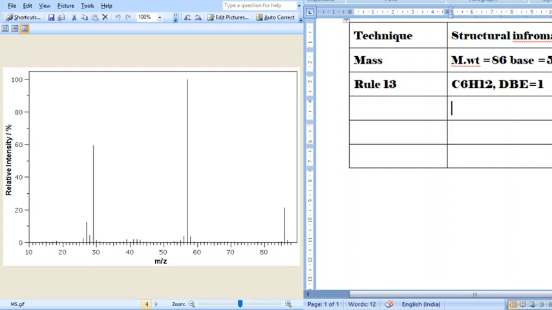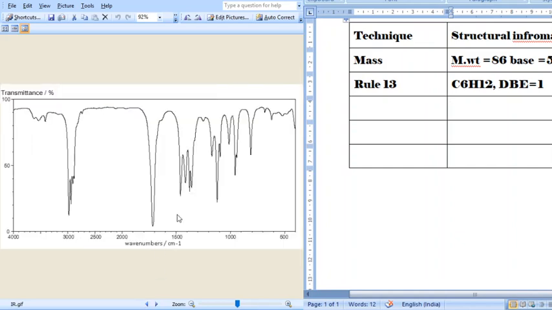Next we shall see the IR spectrum. You can see in the IR spectrum, zone 1 is missing, zone 2 is there, zone 3 is missing, zone 4 is there. Among the 4 important zones, we have only 2 zones present, that is zone 2 and zone 4. In zone 2, we know there are several possibilities: aliphatic CH, aromatic CH, or double bond sp2 CH, alkene vinyl CH, or aldehyde CH, carboxylic acid OH. All these are present in the second zone.